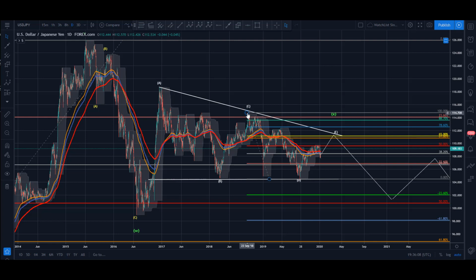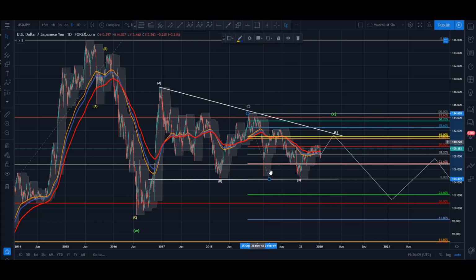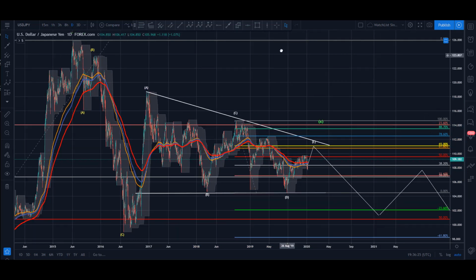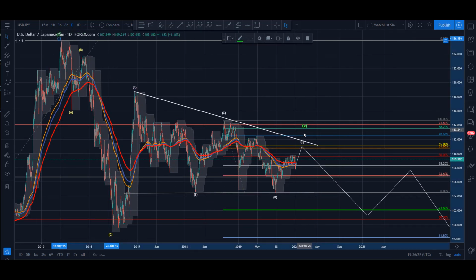We've had the 50, so let's tighten this up. Okay, so that just looks like an ABC into the D here. Now we've come up right to the 50. Now we're starting to push again. So you really would like to see that come up here and bump into that 618. So the ABC looks a little bit cleaner, and you could kind of talk yourself into, all right,